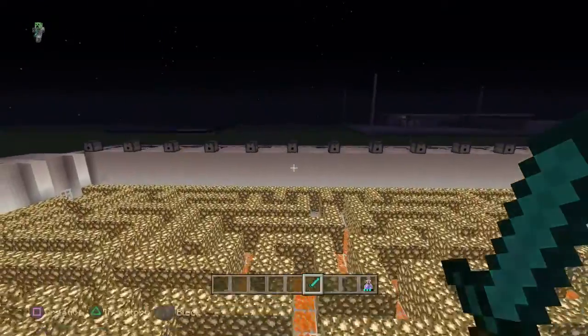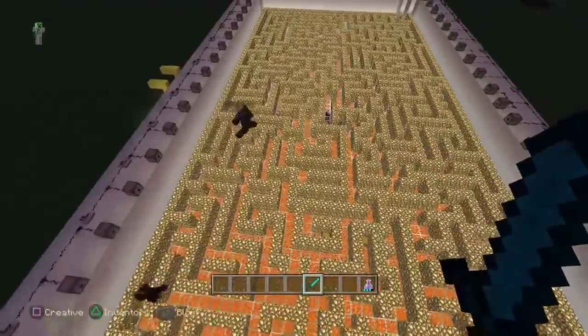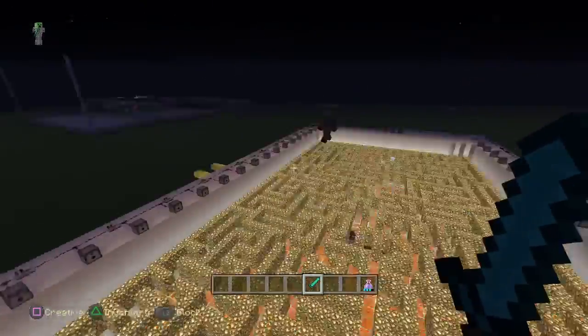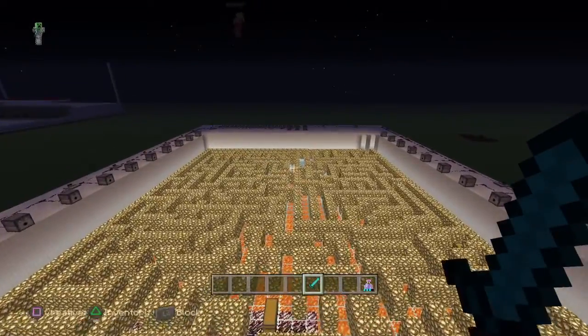But then if someone gets just one gold block and makes it to the end, they win. Of course, that doesn't work if you both die, then you just lose. But then you can just begin at your spawn point. The one other